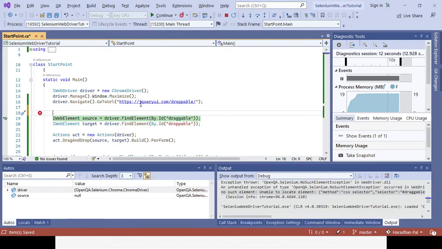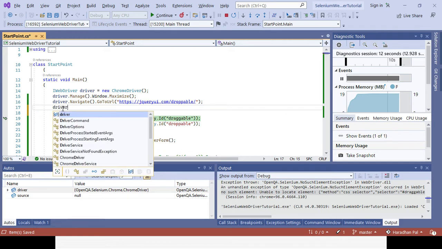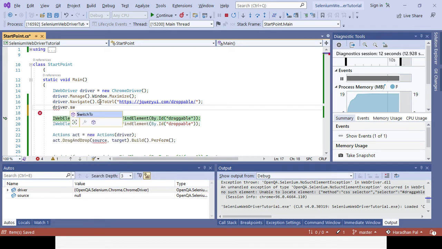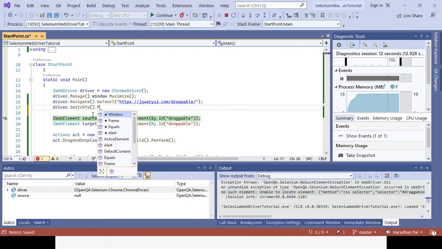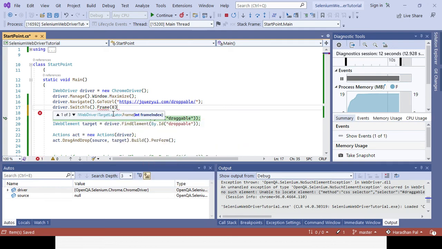I will handle the frame first with the index. How can I handle it? driver.switchTo, then I can use frame, and here I can provide the index. So this is the index because only one element is there. I can handle it with the help of the index, right? Let's save it. No issue has been found now.